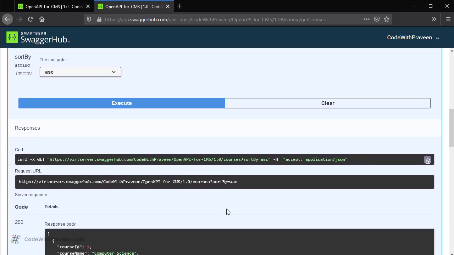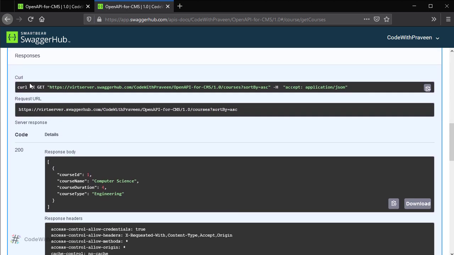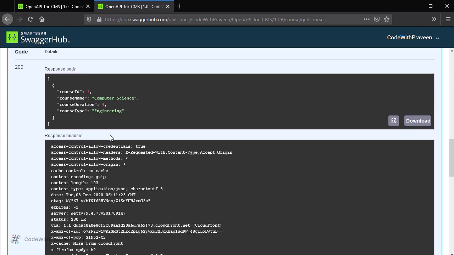If we scroll down, we can see certain messages, CURL message, request URL. In our case, the server is virtserver.swaggerhub.com, code with Praveen, our document name, our version, followed by the actual path. In our case, the path is courses and it has passed a default value for our query parameter sort by. Once it is done, the server response is mentioned below.